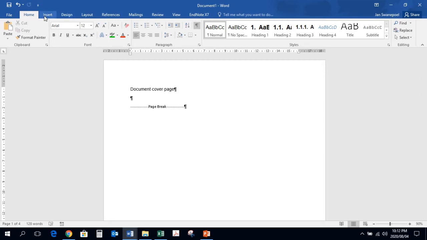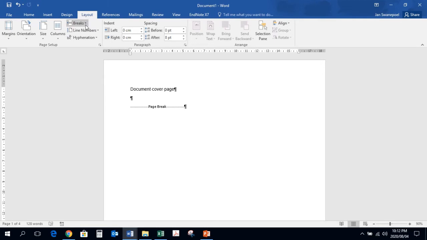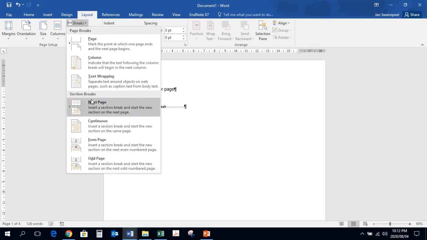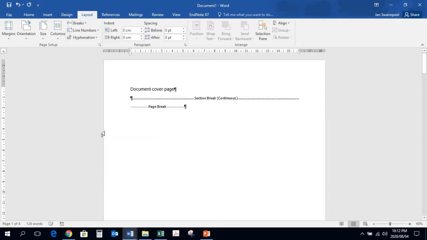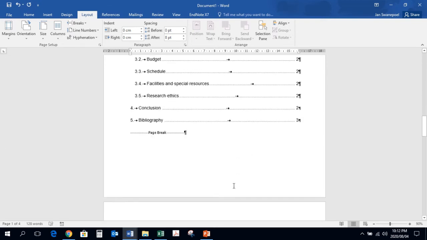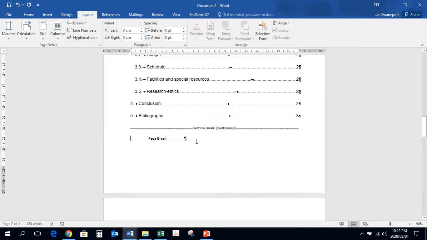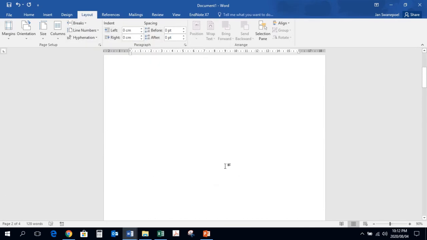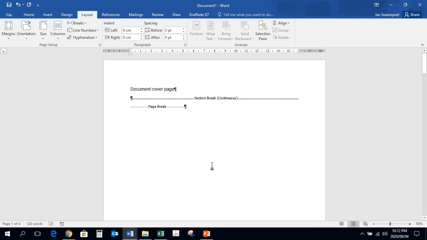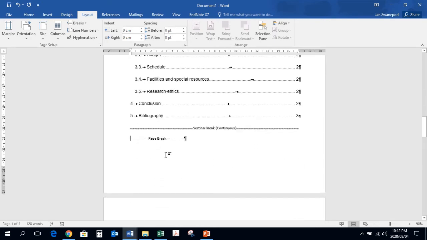So we go to layout, breaks, section breaks. We've already got a page break in there which automatically enters it to the next page. So we're not going to add a section break that goes automatically to the next page. We're going to add one that is continuous. So you can see there's my section break in there. After my table of contents, I also want to add a section break. Alright, so now I've got a section break there on my cover page, and I've got a section break there